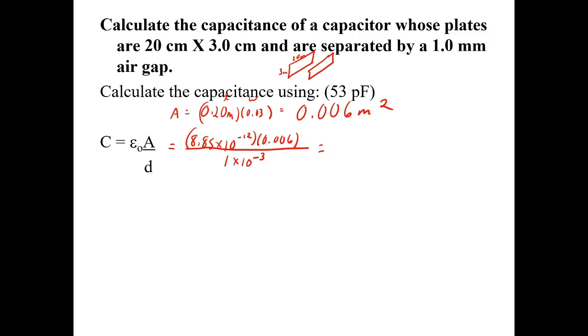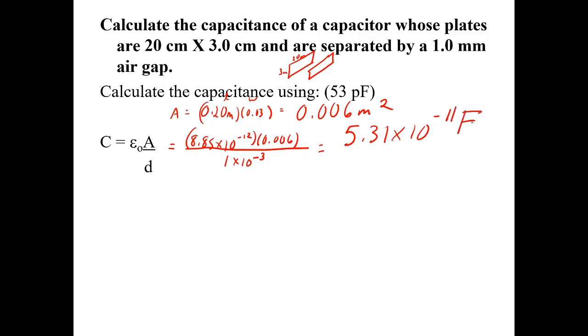So we're just going to do 1 times 10 to the minus third, and we don't have to square it or anything like that. So let's put the epsilon-naught in the calculator, divided by 1 times 10 to the minus third. And I get 5.31 times 10 to the minus 11